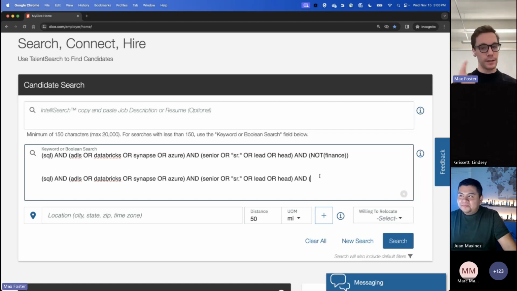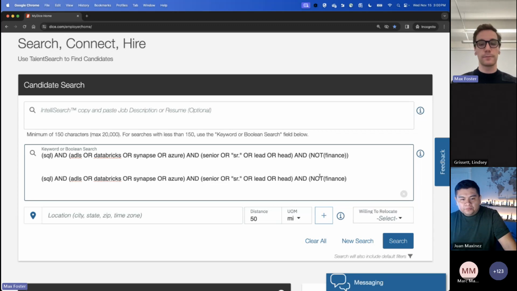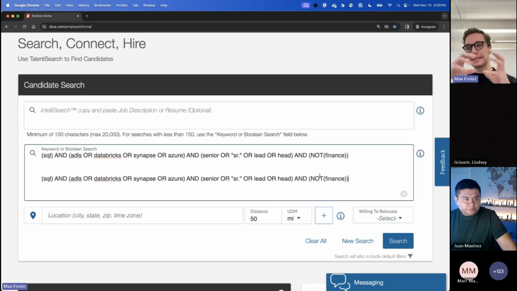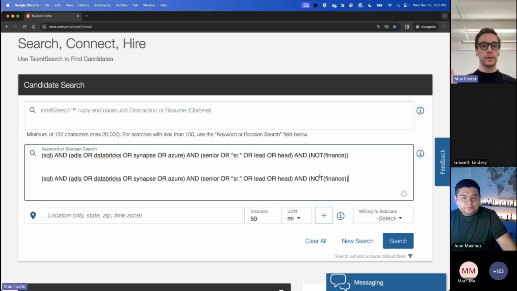So we got a shoe there. We need to put a sock on, right? So I'm going to type in NOT and add in my left sock. And then for the sake of demonstration, I'm just going to say finance, right? We got that. Then I'm going to hit right parentheses for the right sock and right parentheses for the right shoe. There we go. The NOT function is basically going, okay, what do we have inside of here? And it's eating away at that. Okay, any questions before I hit the search button?